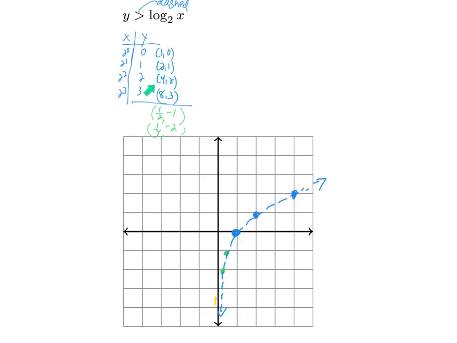The pattern is that every time the x-coordinate goes down by half, the y-coordinate goes down by 1. So I can go backwards: cut 1 in half, and y goes down by 1 to get negative 1. So (1/2, negative 1) is an additional point. Then cutting x down by half again, I get 1/4, and reducing y by 1 gives me negative 2. So I plot all these points. I have 3 of the 4 blue ones plotted,